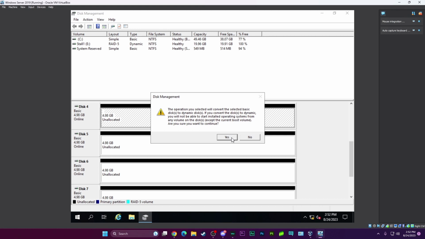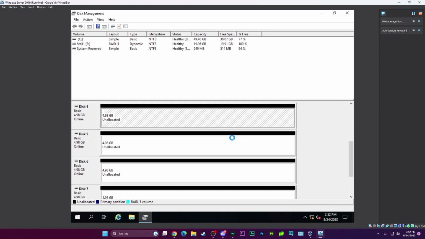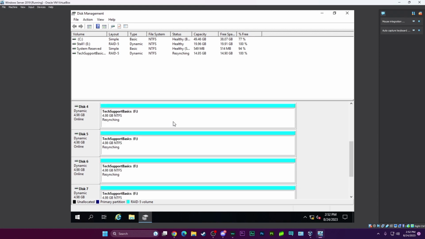So here we are going to click Yes, as we do want to continue. And then we wait. The drives will resync, as the drives do require to be synchronized. Now that the array is resynchronized